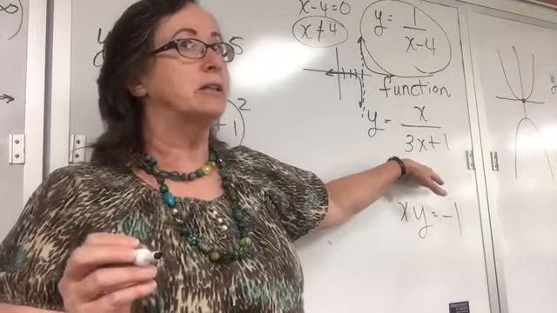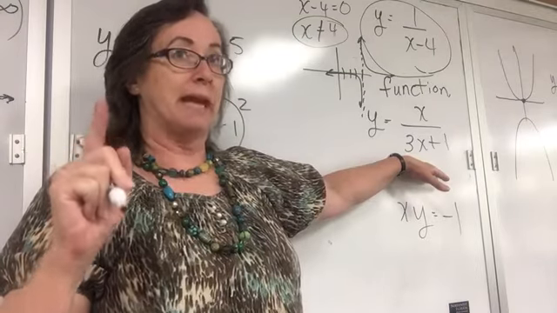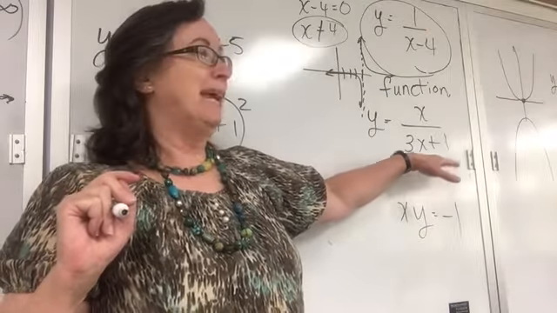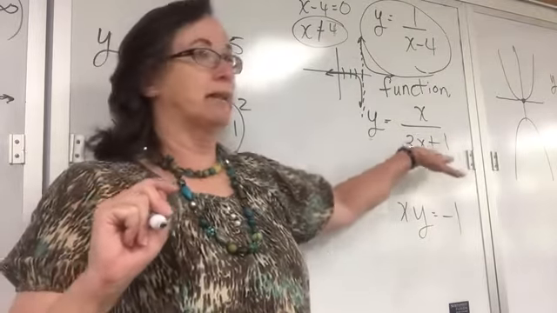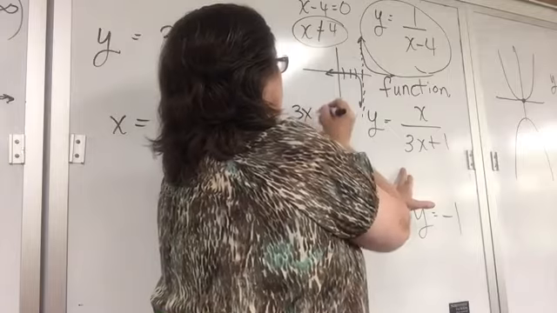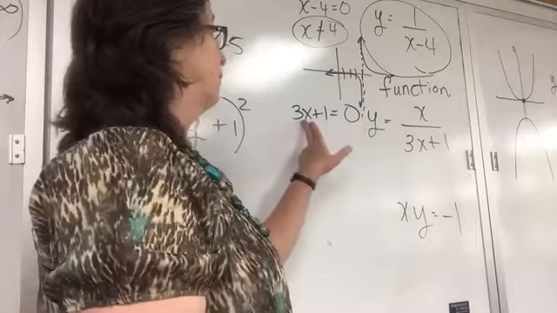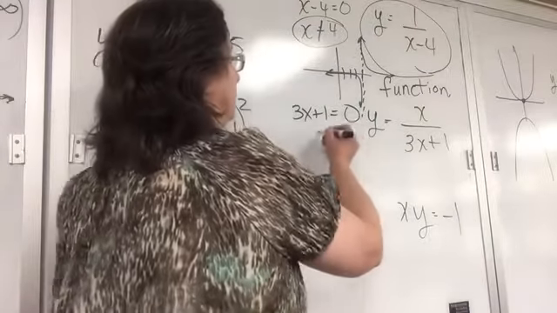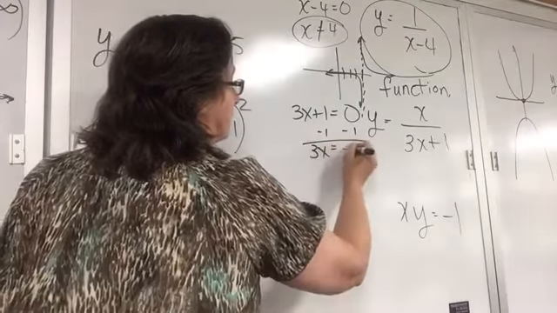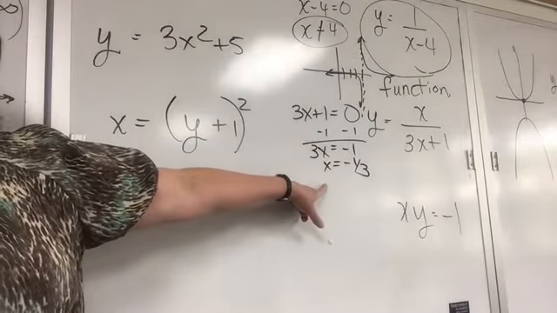This is a rational function. You don't need to graph it right now, but you do need to be able to find out the domain and whether it's a function. So if I plug in, what will make the denominator go to 0? Well, we set the denominator equal to 0 and we solve. If I want to find out what x can be, I take away the 1 and I take away the 1. And then I get 3x is equal to negative 1, or x is equal to negative 1/3. There's the point that we can't have.